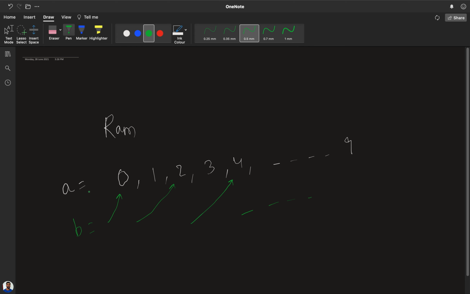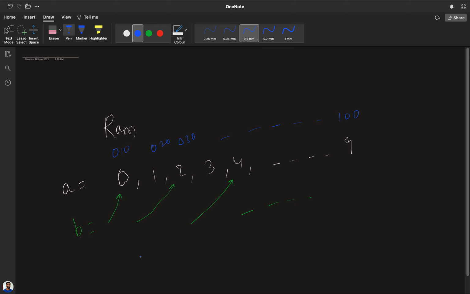Every value has some address. Suppose this has address 010, this has 020, this has 030, and up till here as 100.